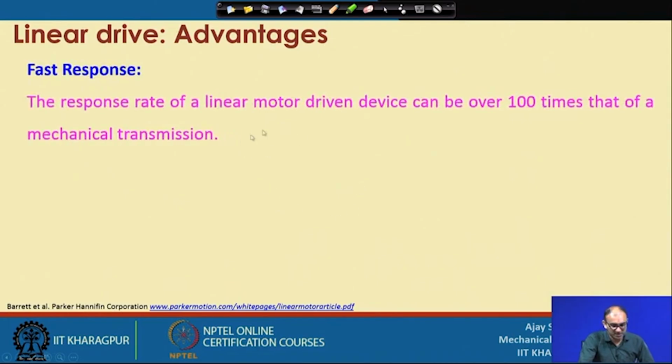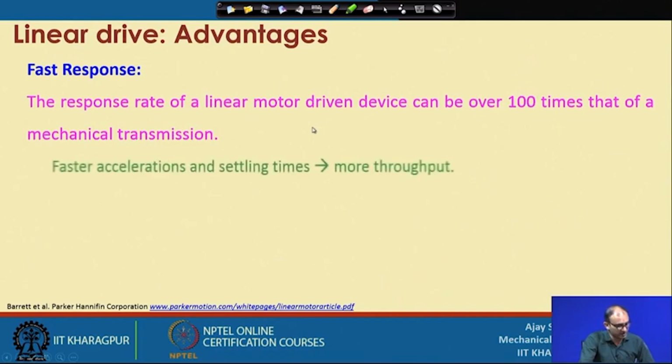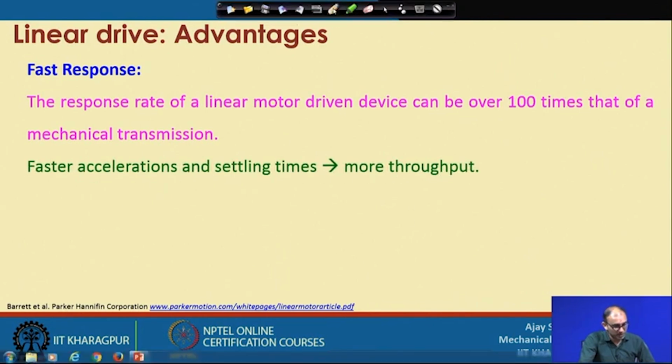The response is very fast here, because the response rate is 100 times that of the mechanical transmission. So, that is the advantage here. Because of that, you will get faster acceleration and settling time and higher throughput. Suppose you are starting one motion, and you want to move one component from here to here